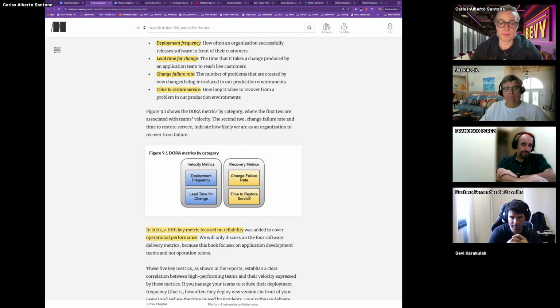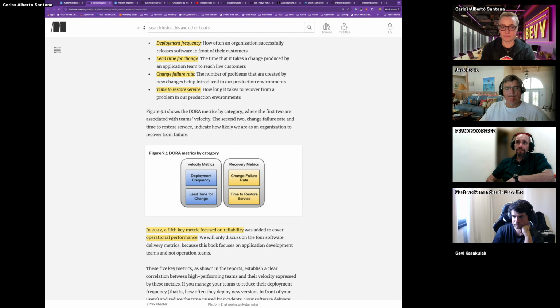And then the other one is when there are errors and you have to fix them, how long does it take you to recover from the problem? If you have done SRE, it might sound familiar to the RTO and MTTR type of metrics that are in SRE and operations, like time to recovery, backup and recovery strategies, and those type of things.